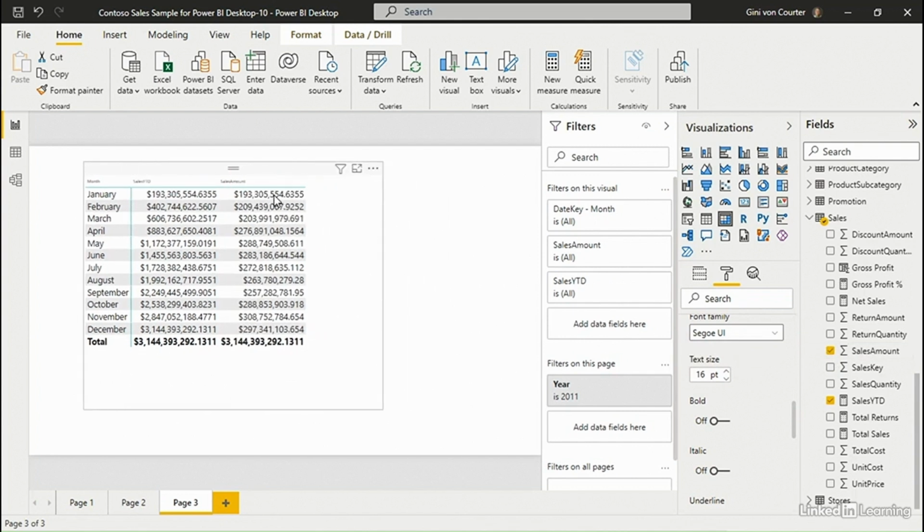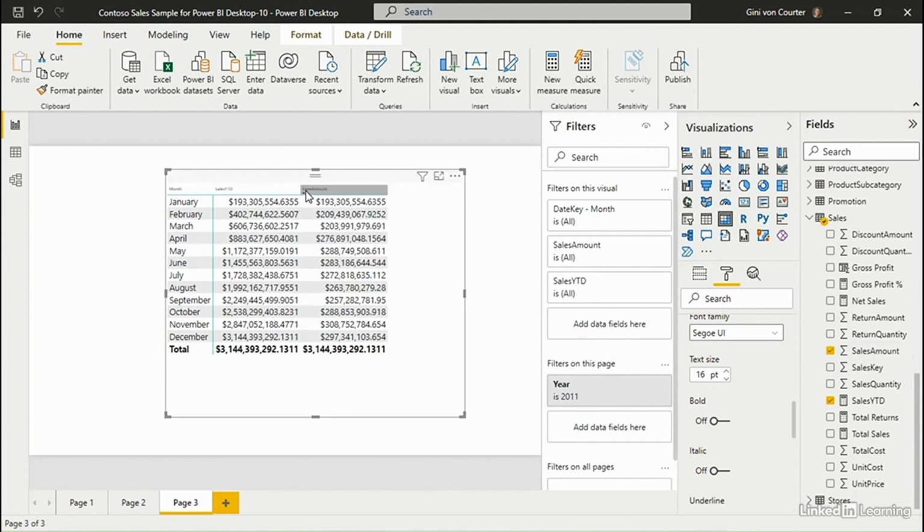And typically, we would have these two columns in reverse order. So